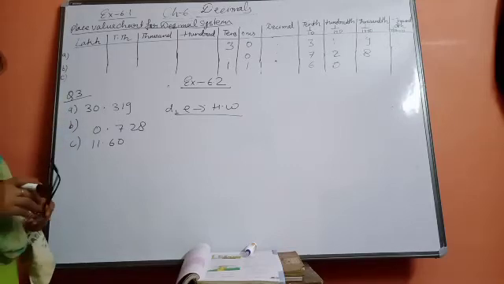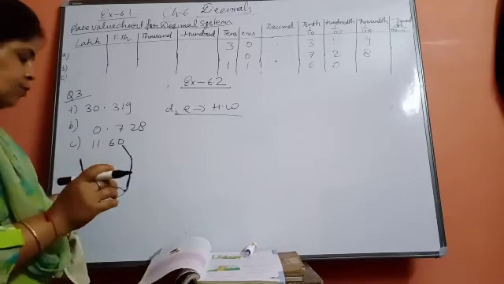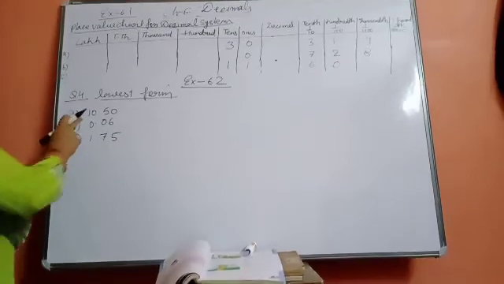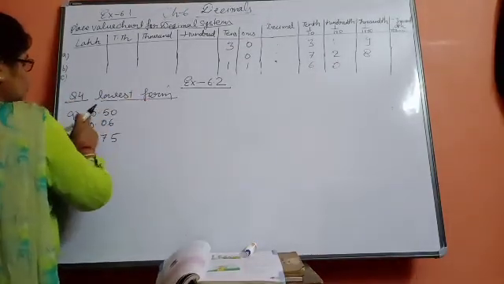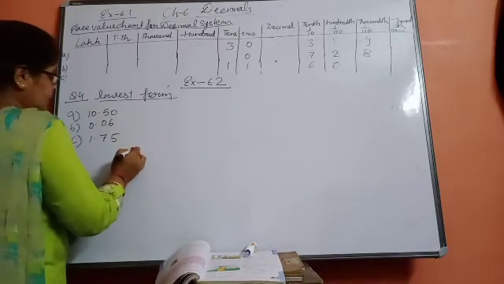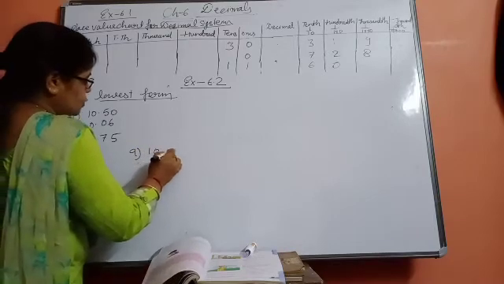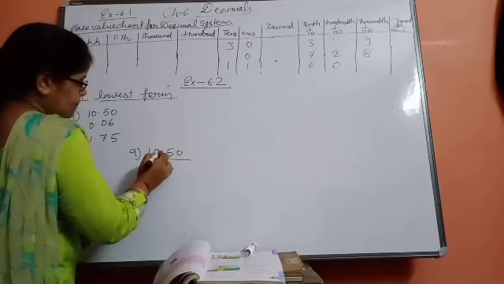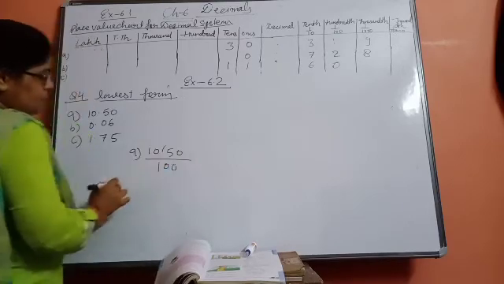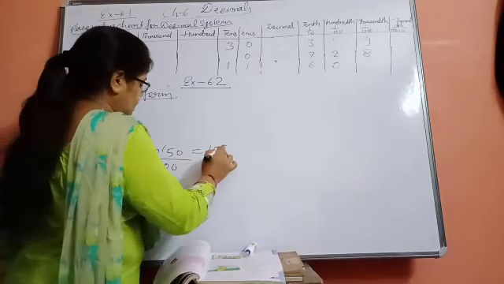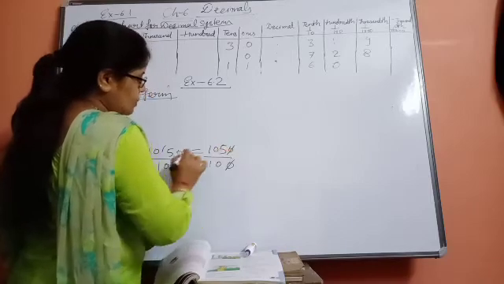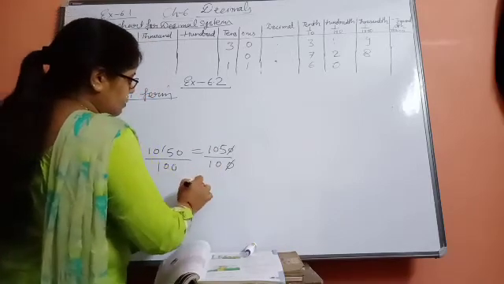Now see question number 4. Come to question number 4 now. In question number 4, you have to write in lowest form, and just right now in the previous exercise also I taught you how to write in the lowest form. See A part, I am doing 10.50. First write 1 here. After the decimal, how many digits are there? 2. So increase 2 zeros here and remove the decimal. So what will it become now? 1050 divided by 100. So the decimal 0 will be cancelled by 0. So what will it become?